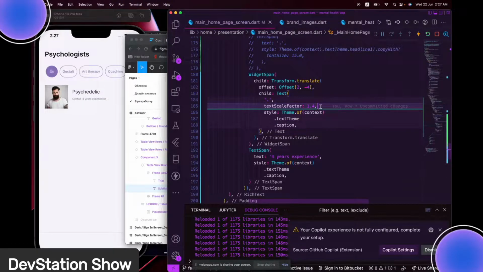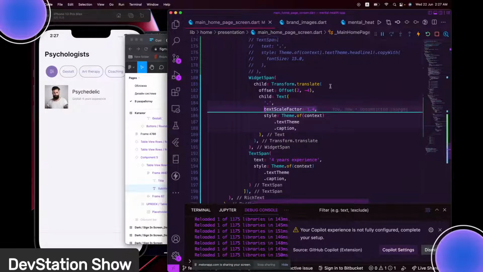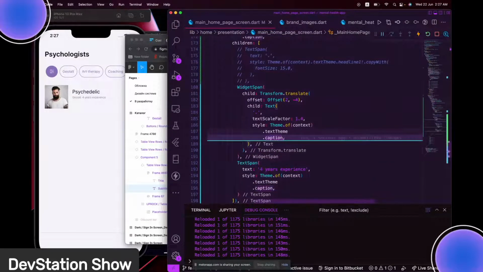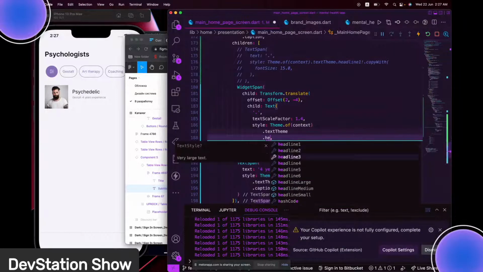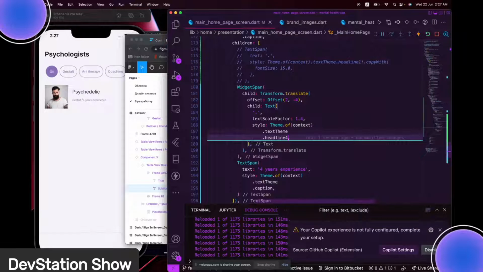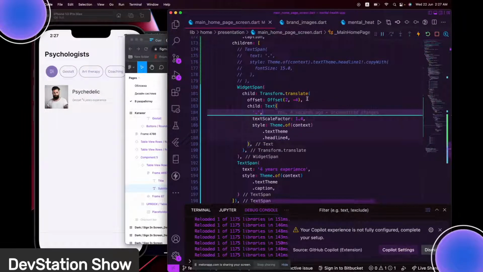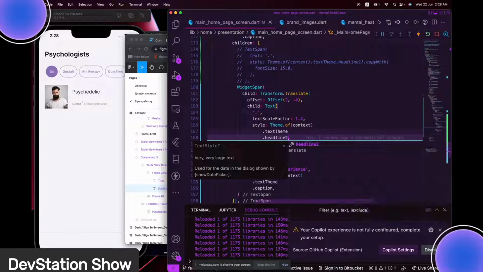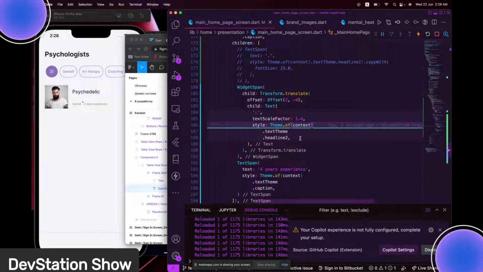Okay, none of this is helping now. Okay, so we got that to look a bit what we needed, and let's make it headline 3. Okay, I think 2 is enough, and